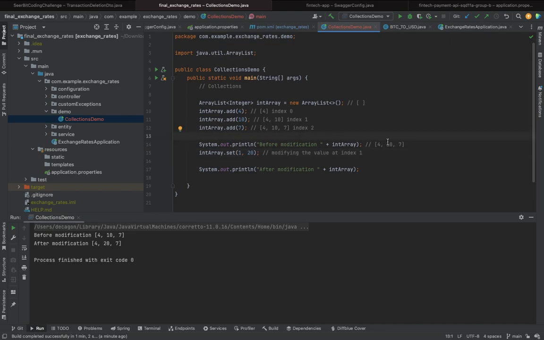So by this line, all I did was to see what my list was like after adding everything. And then by this line, what I did is to set the value that was on position 1. And if you look, the value that was on position 1 is 10, and we modified it to what? 20. If you compare these two positions, that's index 1. You can see that that value there, originally 10, has been changed to 20. And then by this line, we're printing our list. So this line gives us this, and this other one gives us